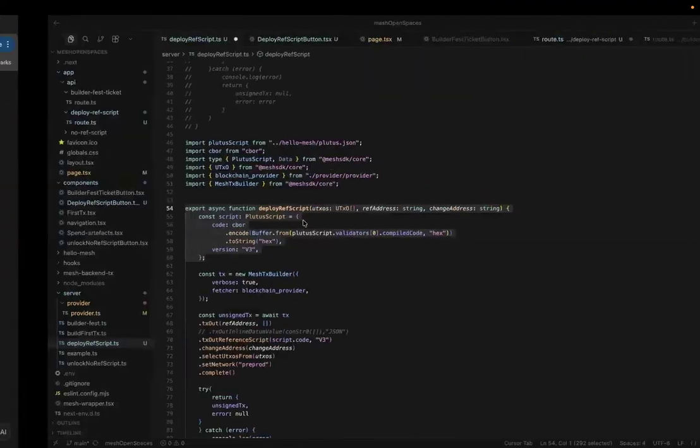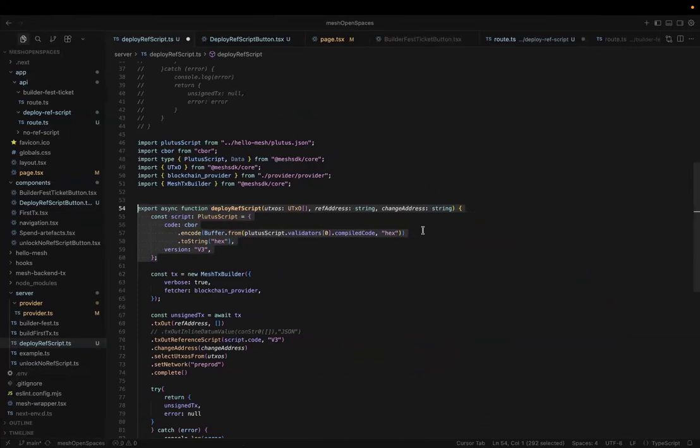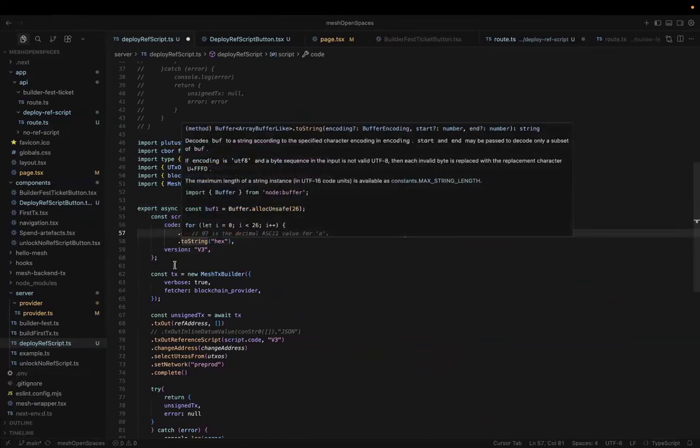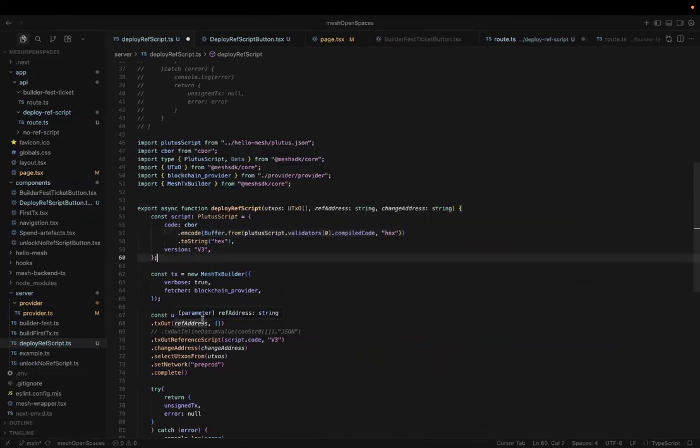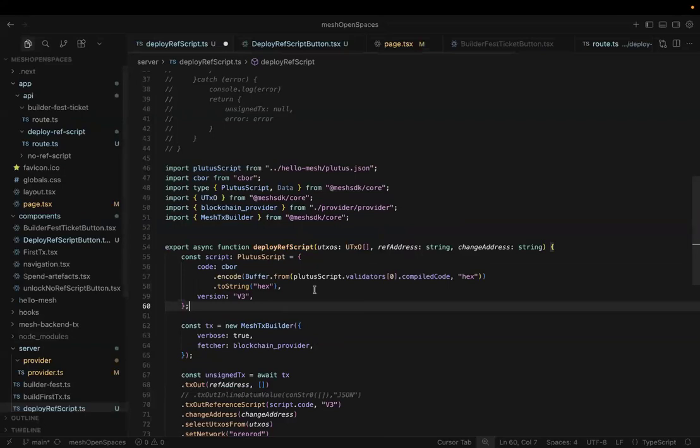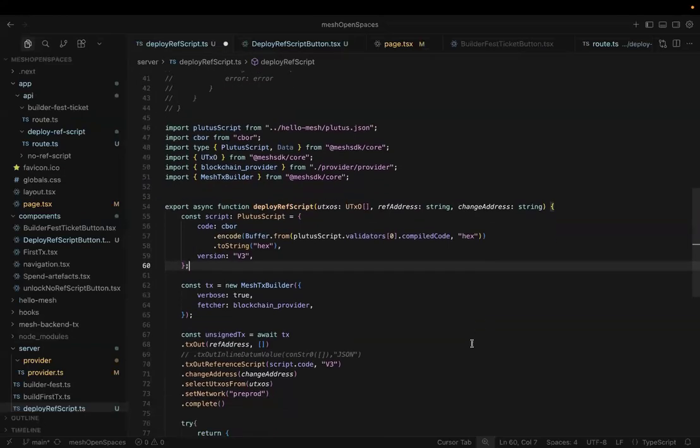The buffer style is this one, right? Right here, encode buffer. If you notice this script right here, we are just getting the CBOR directly from the plutus.json. But once we use apply param to script from Mesh, it already has this encode buffer, the double encoding of the symbol. It just happens on the Cardano node that you have to double encode your symbol like this. But with apply param to script,